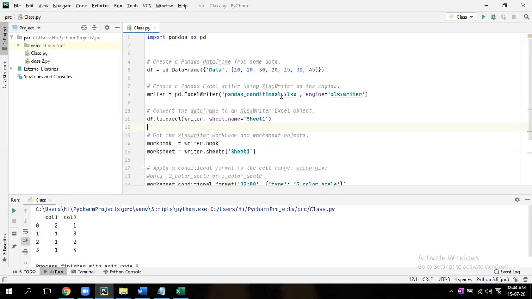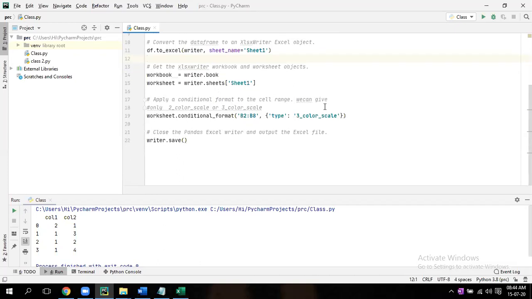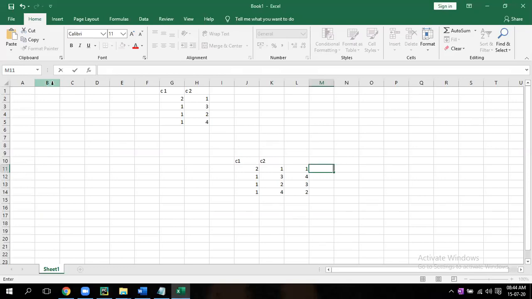These are the formats, because while creating Excel, first thing is you have to write an ExcelWriter, then you have to create a sheet, then workbook. Come down. Now here what I'm doing, I'm just doing one formatting. I want to do some coloring. So B2 to B8. What do you mean by B2 to B8? Go to Excel. See B2. B2 means this one. Give some color. Yes, this is B2 to B8.